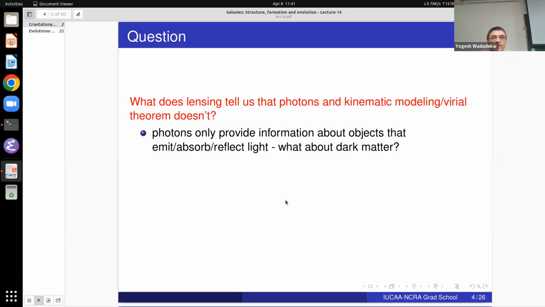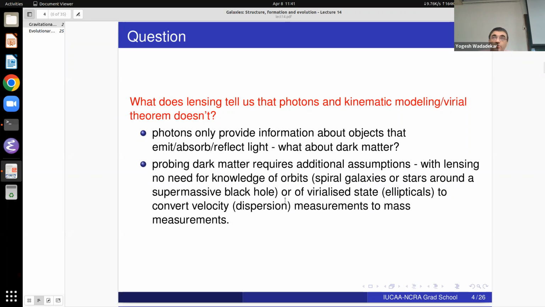Correct, correct. So right, the first answer, of course, is that photons only don't tell you much, they don't allow you to measure dark matter. But in probing the dark matter, we always make additional assumptions. With lensing, there is no need for knowledge of orbits. Is it a spiral galaxy? Is the velocity field rotational? What is the maximum velocity? Okay, etc., etc. Or stars going around the supermassive black hole, you have to measure the velocity of each star